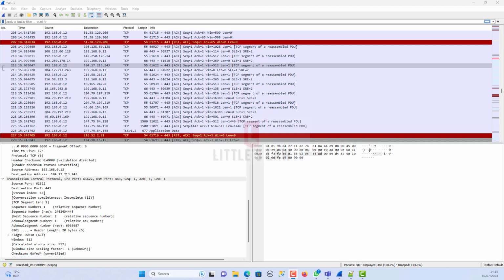So in our next video, we will see more about each of these menus, the status bar, the filter, and